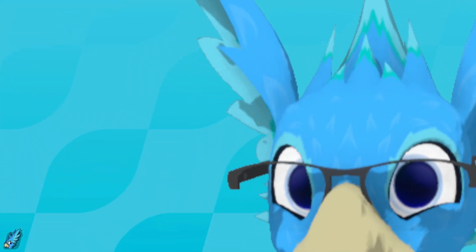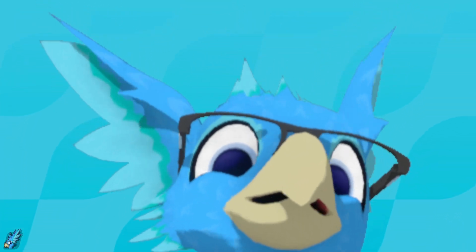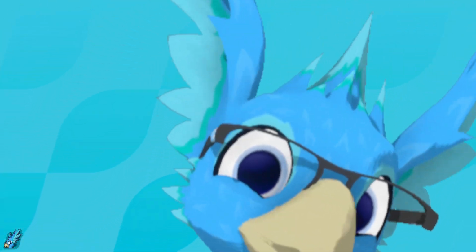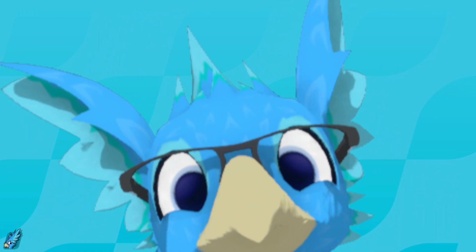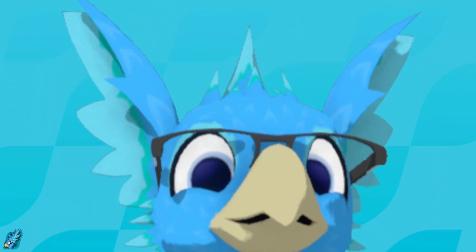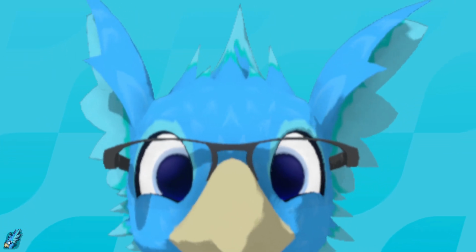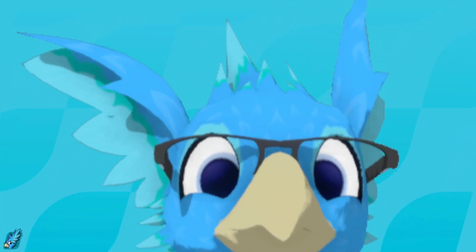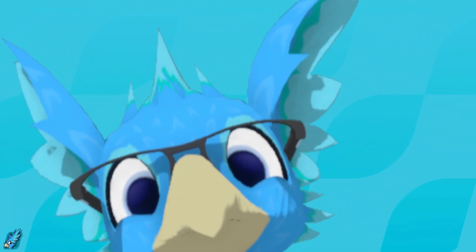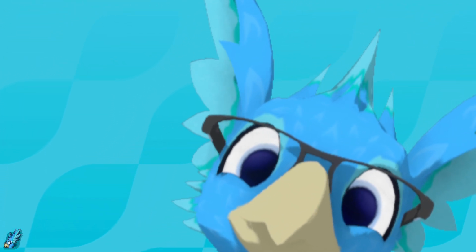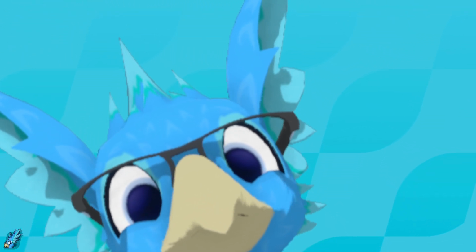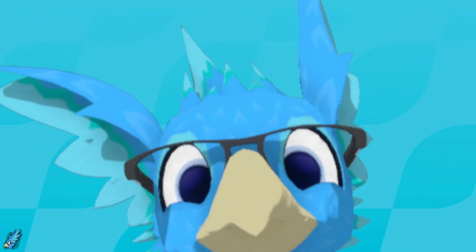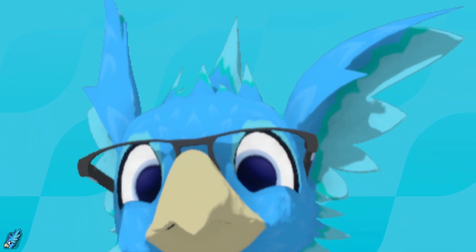Oh, I'm too low. Camera. There you go. Just straight. There you go. I can't actually grow my eyes, unfortunately, so you have to deal with this. How does it work with the VR cam?